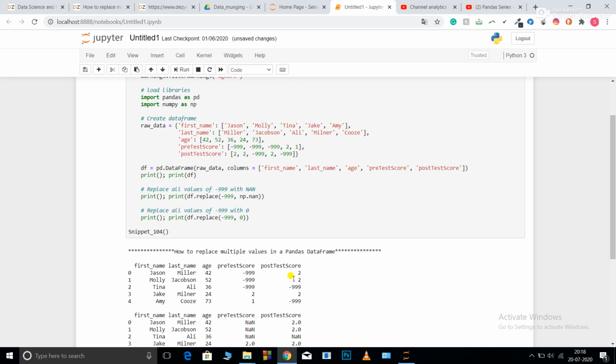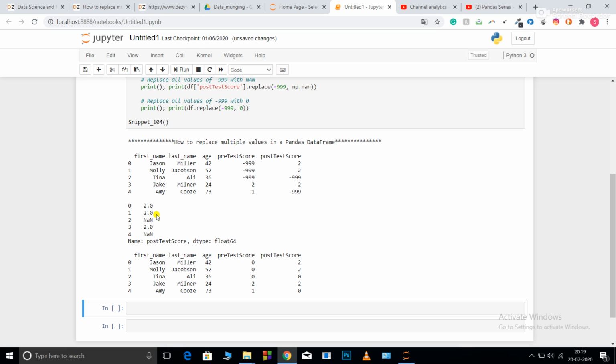What if I want to specifically replace values in one column? I just need to select the column, so I need to write the column name. If I want to do it for post test score, I will just do this, and you can see it only replaced the values in the post test score column.